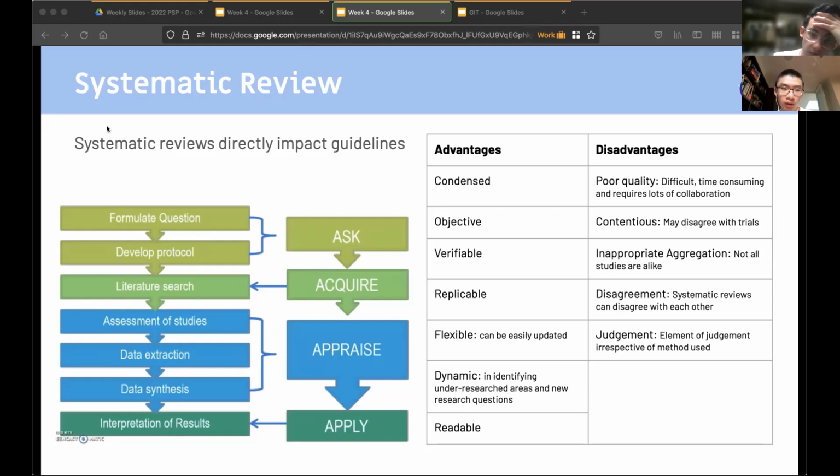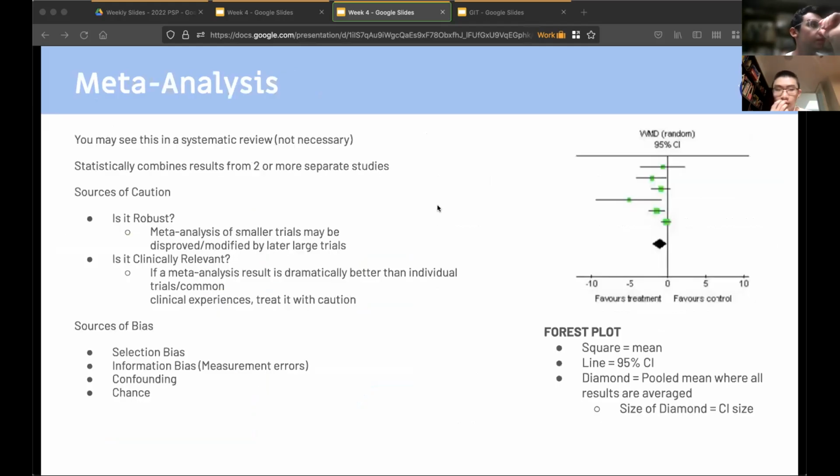There's also disagreement. Some systematic reviews disagree with each other, so you have to think, which one do I listen to? And also systematic reviews ultimately come down to a final verdict and judgment. So it may not be the best for some studies that don't exactly give a judgment, but kind of just information. And the other type of high evidence is meta-analysis, which you may see in systematic reviews, but